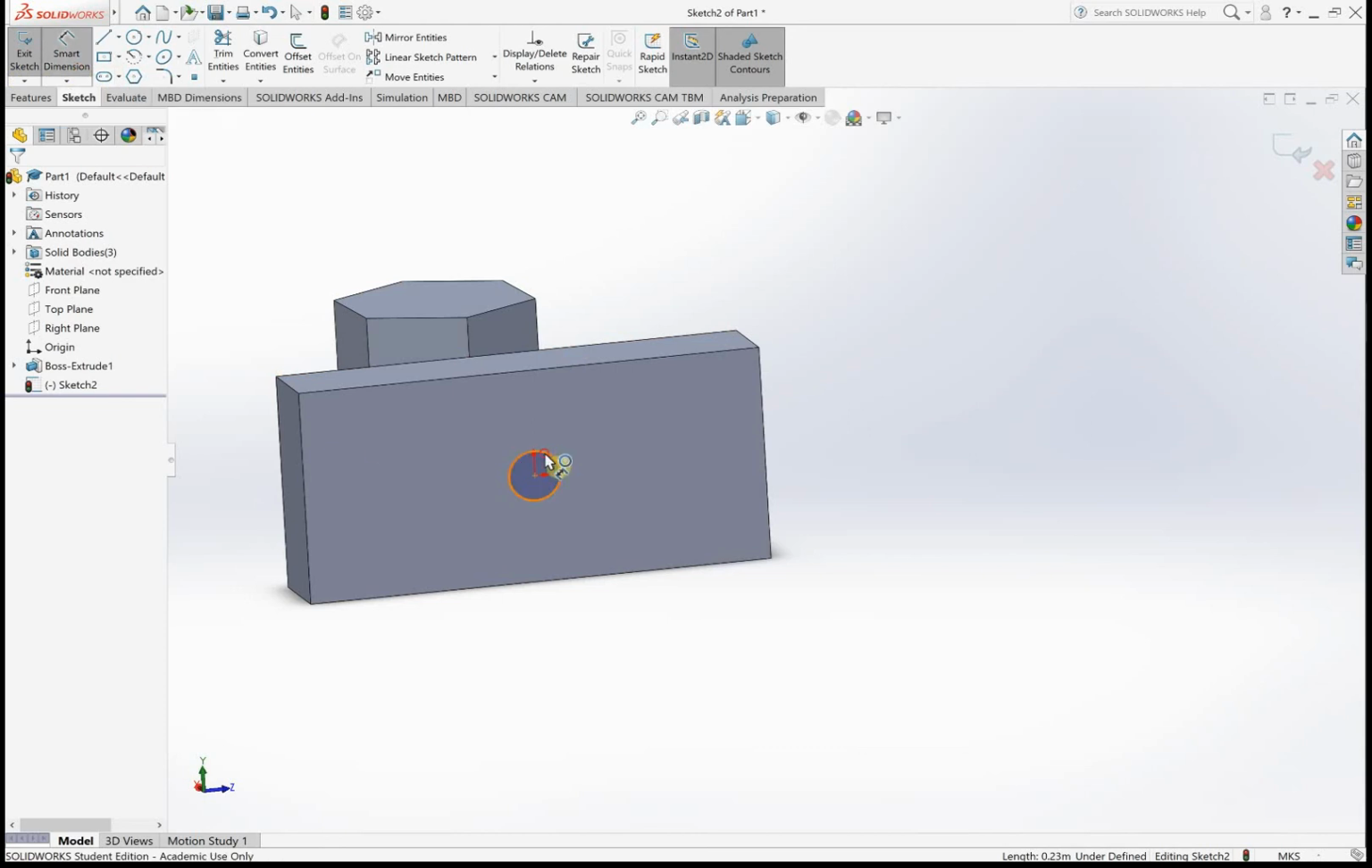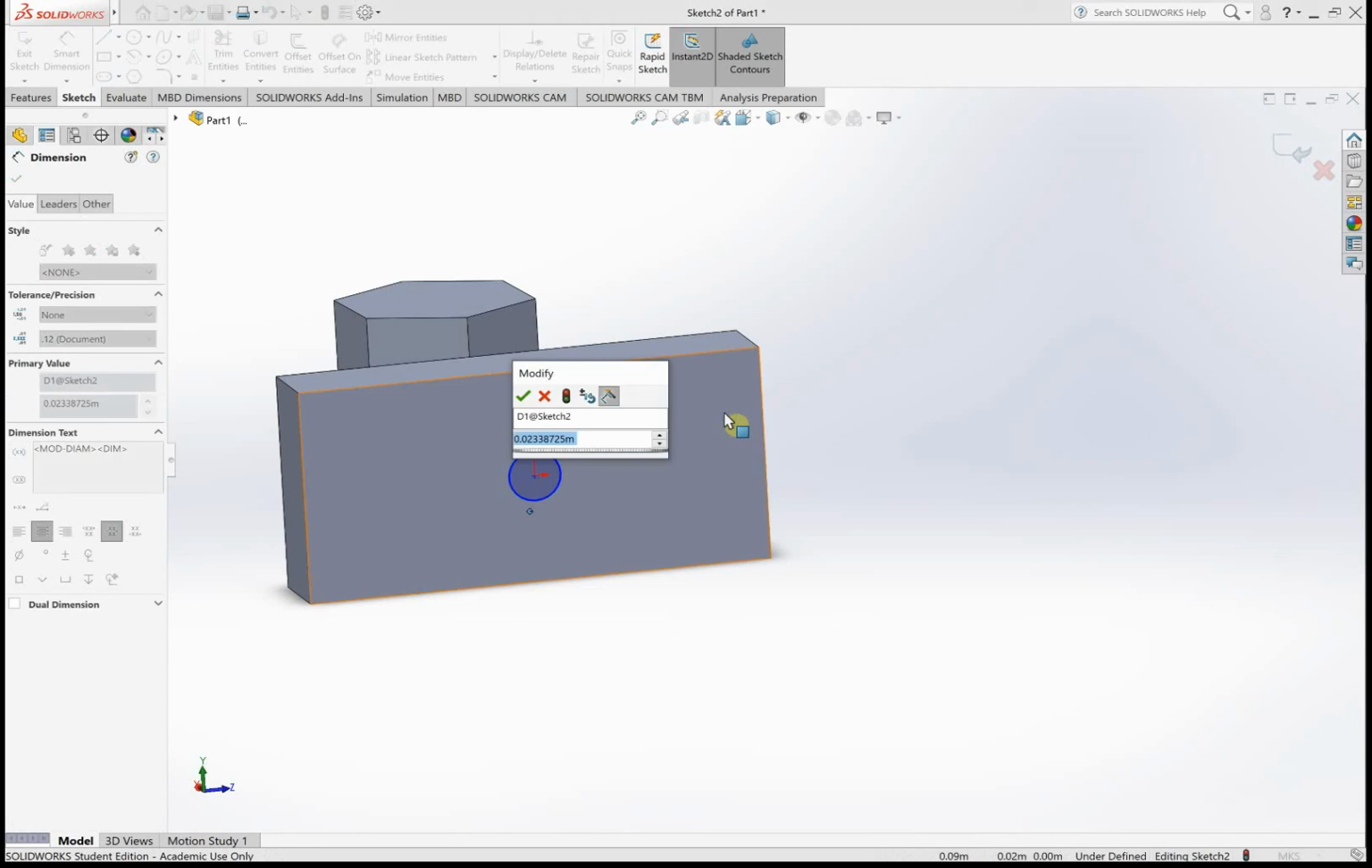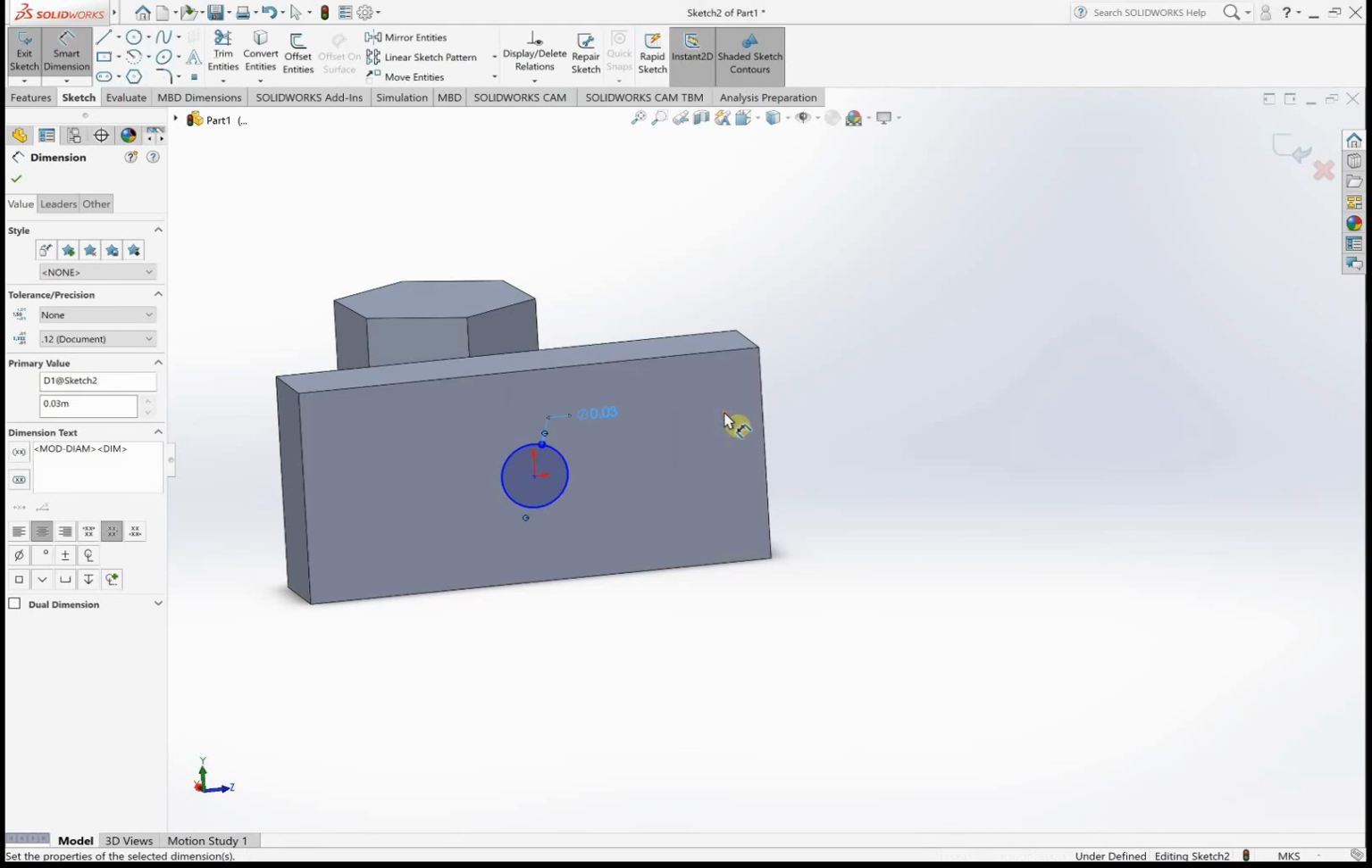So smart dimensions, radius of the circle 0.03, we can say meters, and next thing, okay, so this is about right,